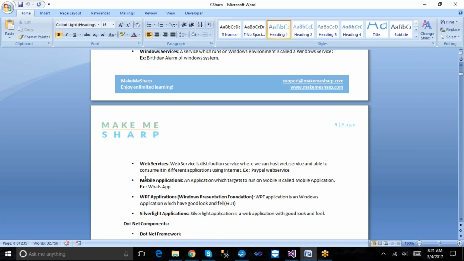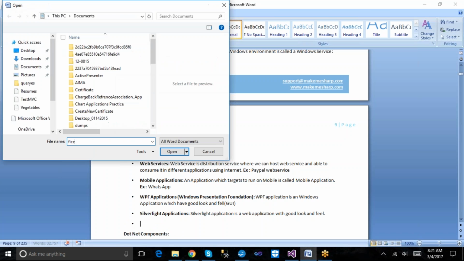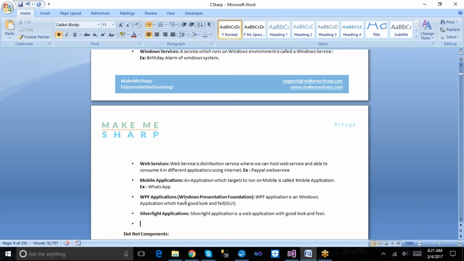So Office components development we can also do here. I can write it: Office customization development also we can provide here.